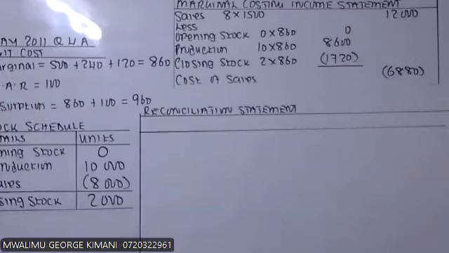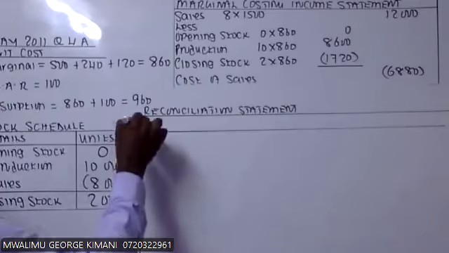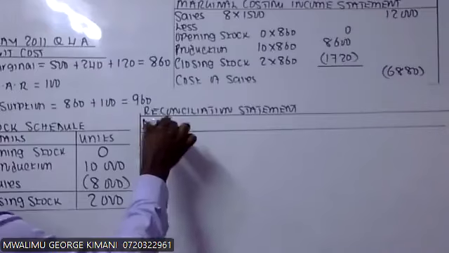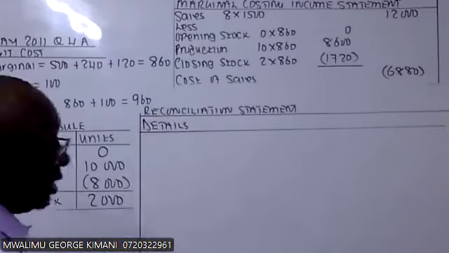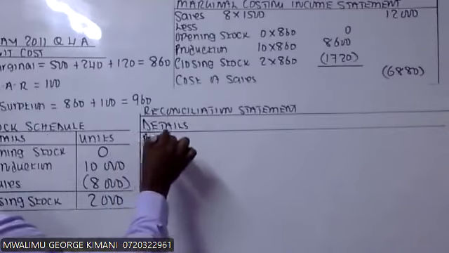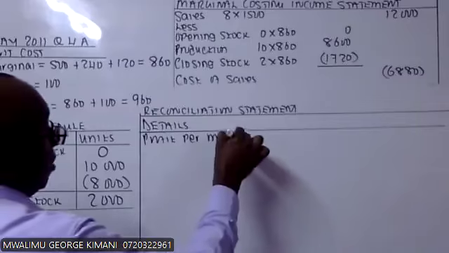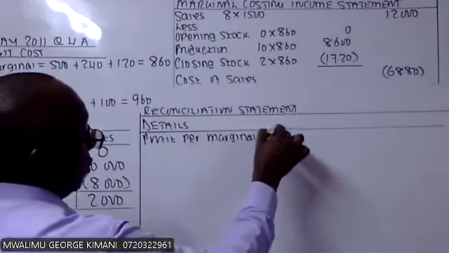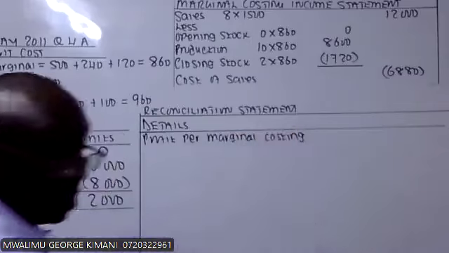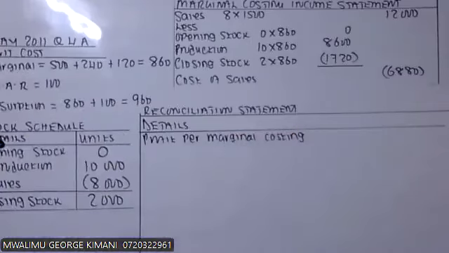Reconciliation statement. Now, in the reconciliation statement, we have details. And in the details, we begin with profit per marginal costing. Profit per marginal costing. When you get profit per marginal costing,